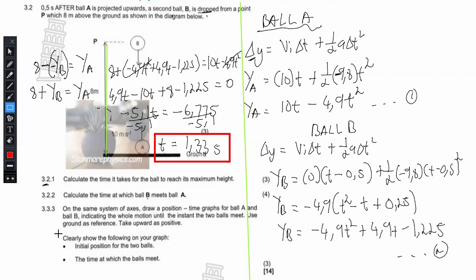Okay, and then let's now move to 3.2.3. It says on the same set of axes, draw a position versus time graph for ball A and ball B, indicating the whole motion until the instant the two balls meet. Use the ground as reference. Take upward as positive, right? Then they say clearly show the following on your graph: initial position of the two balls,